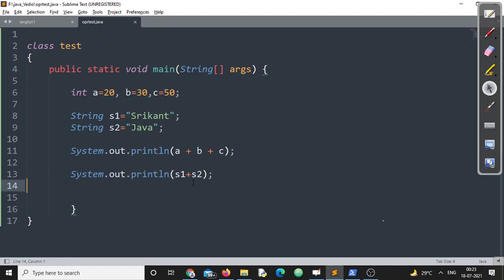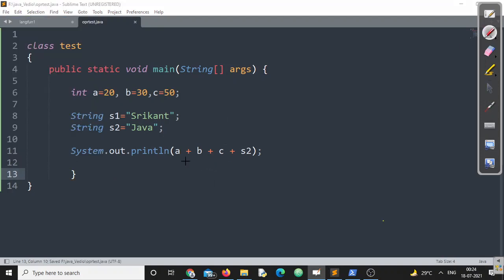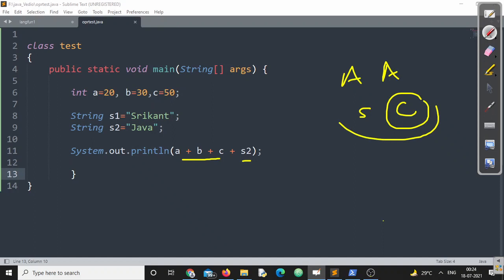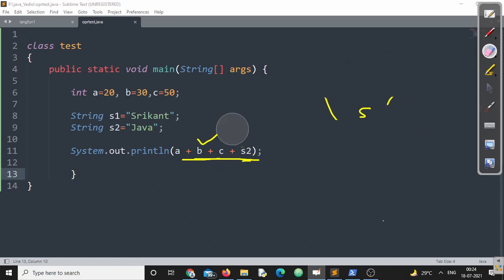Now, my question is, can I combine both of them together? Can I combine integer values with string value? Now, if this happens, what will be the case? The thing that we have just discussed: if the operands are numeric values, arithmetic addition will be performed. If the operands are strings, then concatenation will be operated. Now you will say, sir, you are confusing us. In this expression, you have written integer as well as string. Now, how will the compiler perform this operation? Listen to this one very carefully.